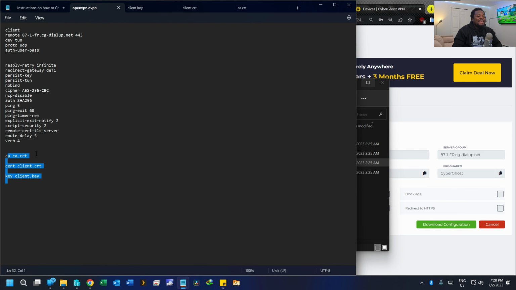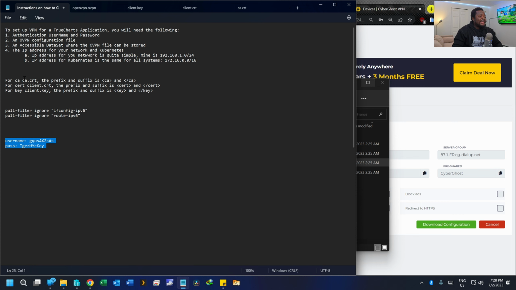We need to add some prefixes and some suffixes, okay? So I think I added it here. Yes. If you look at my cheat sheet, it says for ca.crt, the prefix and suffix is this and that. For cert, the prefix and suffix is cert and this. So you can see here we already have the information that we need, and I'm going to show you how you're going to be putting it there. Let's start with